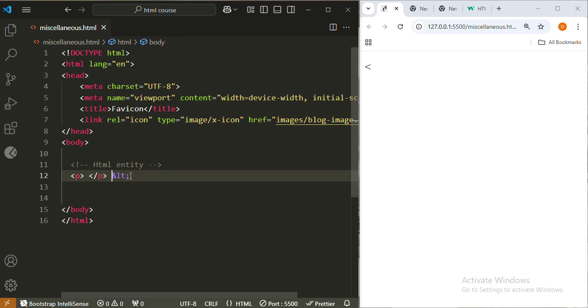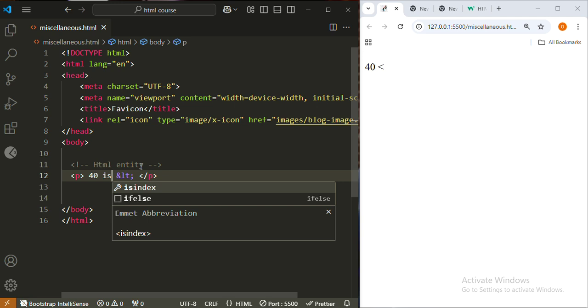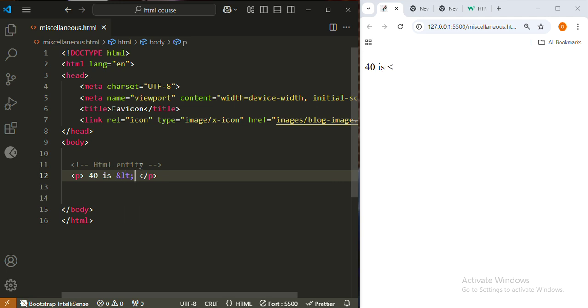Let me take this inside the paragraph tag. I can say 40 is less than 50, but 100